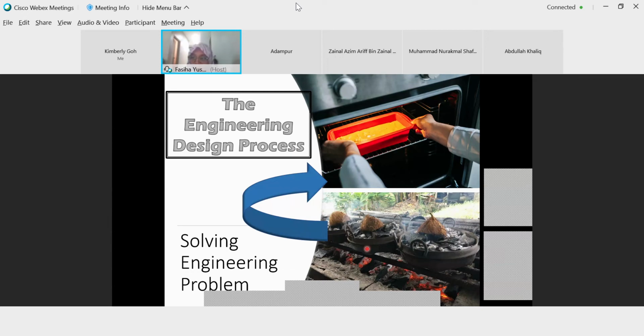That's not design process. Design process is a process that you have to know, to understand, to go through before creating a solution. Later I will tell you why you need this process.